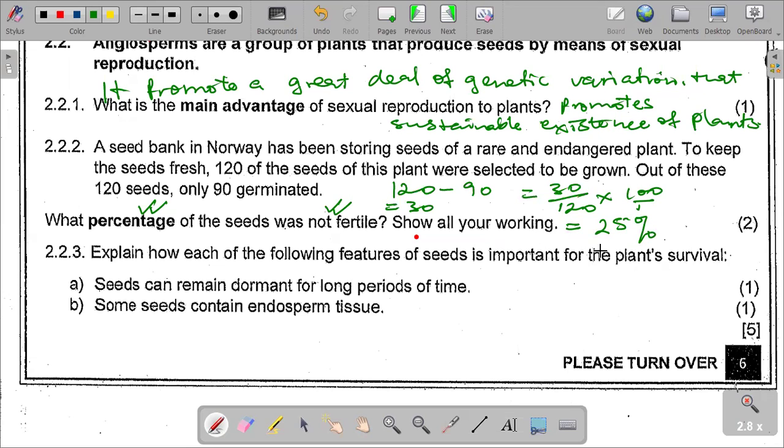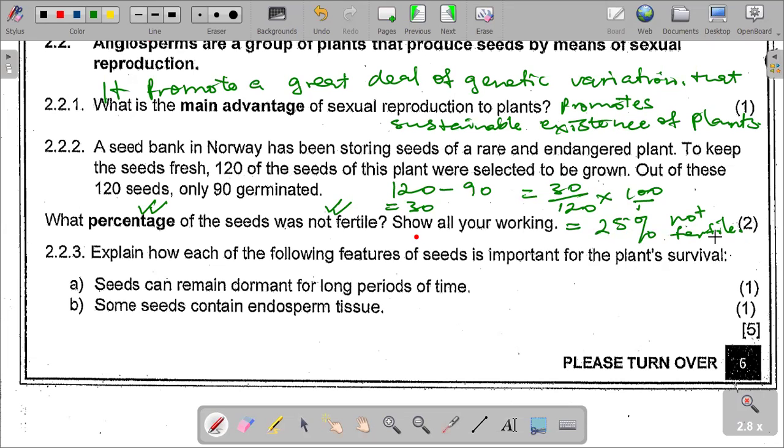25% of the seeds were what? 25% infertile, 25% not fertile. So you can see this is quite a simple calculation. Don't miss the question. Get the question right first. You need to know the number of seeds that did not germinate, and then you express that as a percentage,